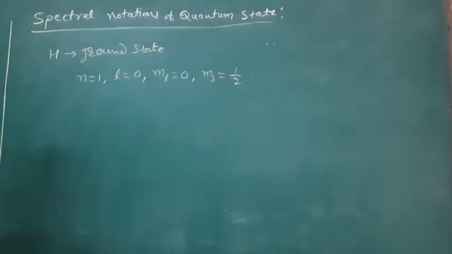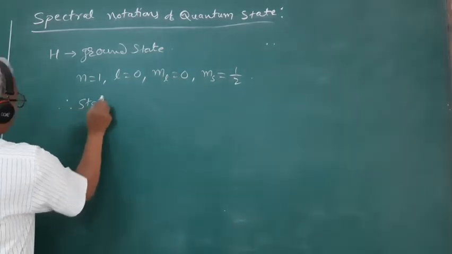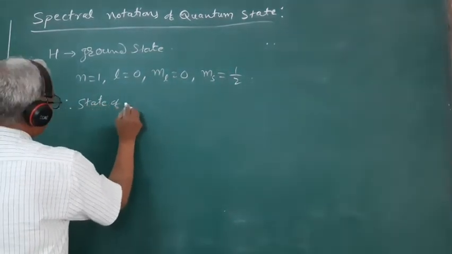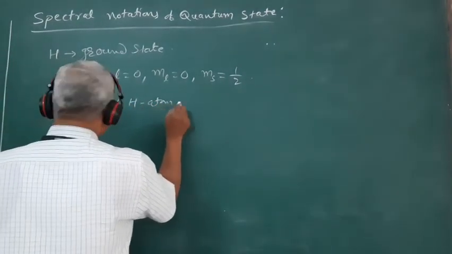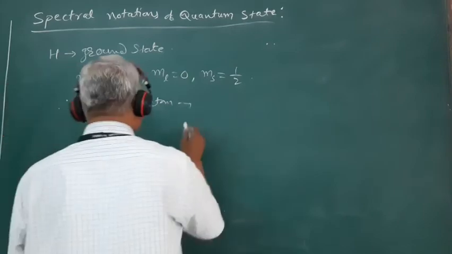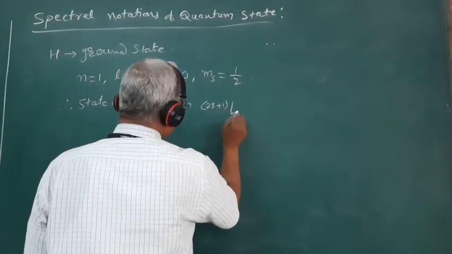So the state of the hydrogen atom can be expressed as twice S plus 1 L J,